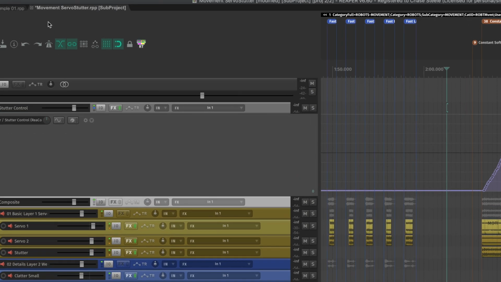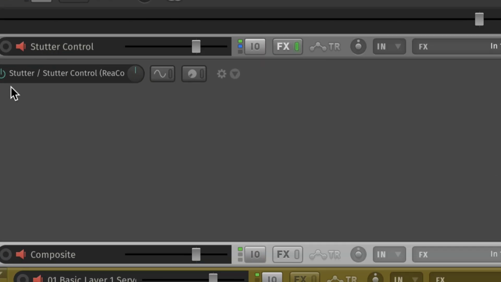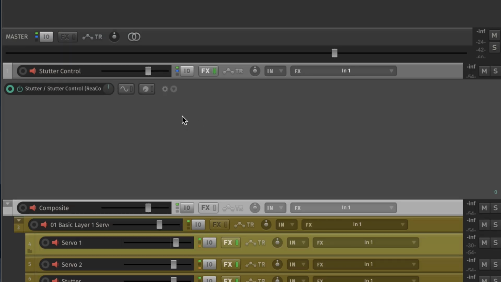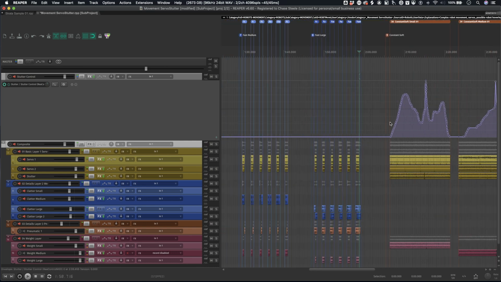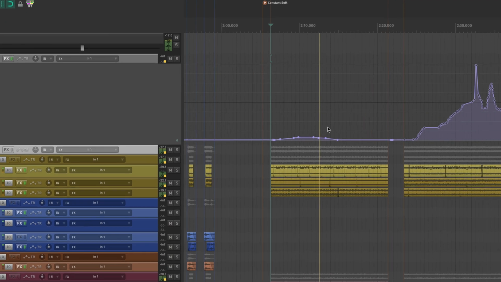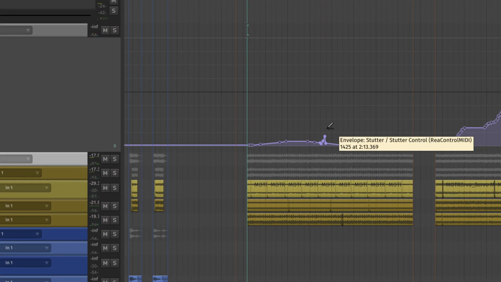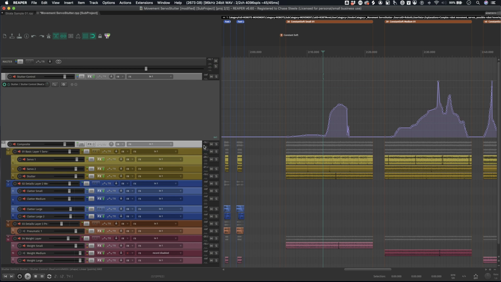So this movement and servo stutter subproject actually does have a track like that in there, which is this stutter control track. If we take a look at what is present here, there's an automation lane. And I actually did draw in some automation and we could hear what it does. Maybe I'll draw over that so it's not really doing much. So there it's relatively flat. But I could do something like this. All right, obviously you can hear the stuttering ramping up.